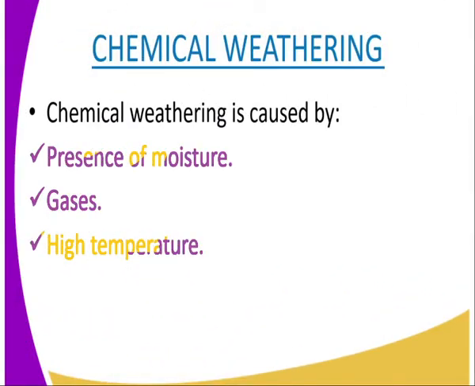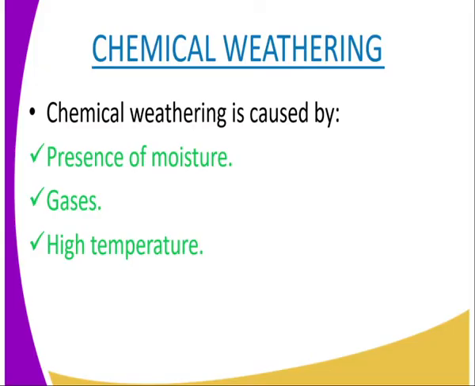When we talk about chemical weathering, it is that process where we have chemical reactions taking place. And how does the chemical reaction take place? The chemical reactions take place in the presence of moisture, in the presence of gases, and also the temperature being